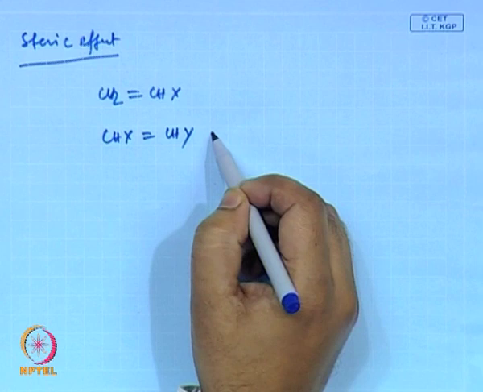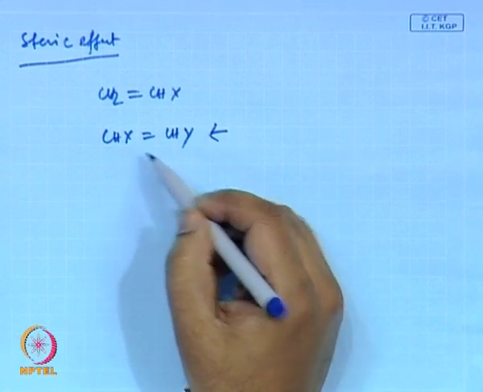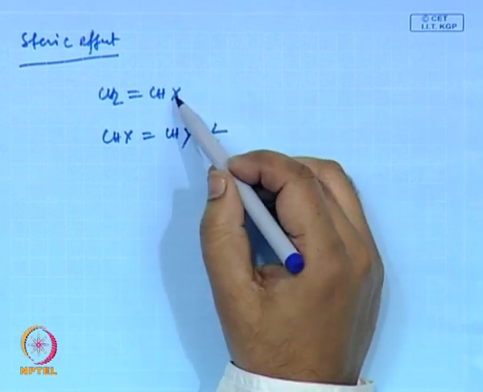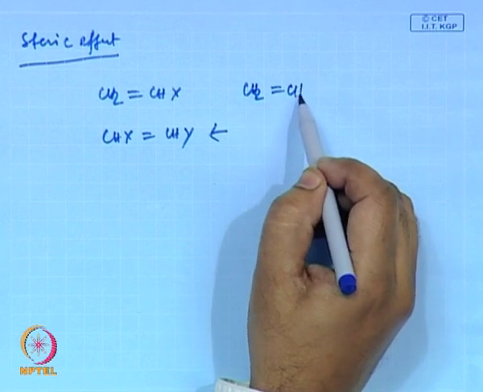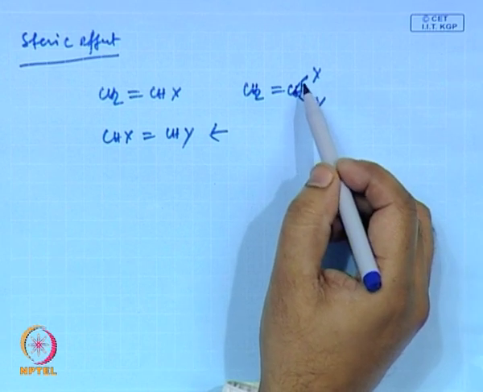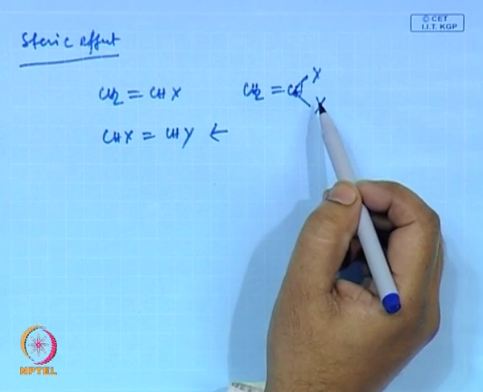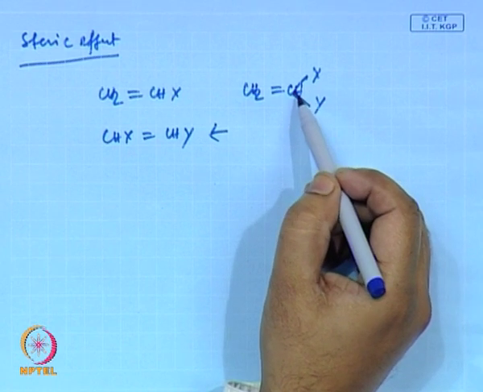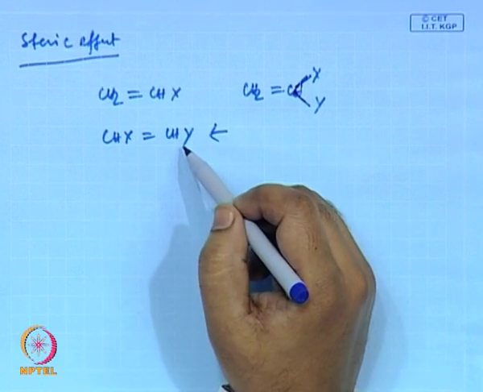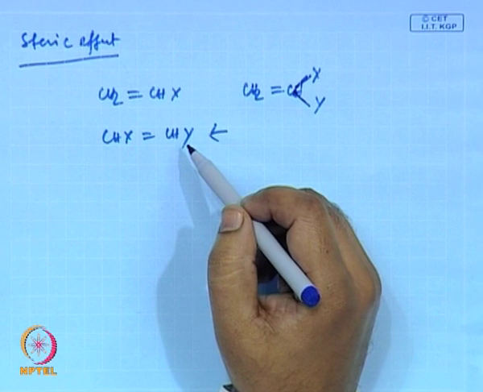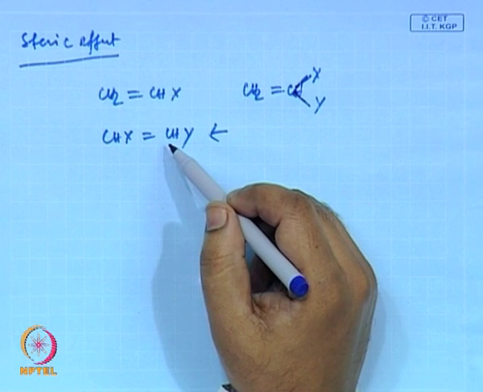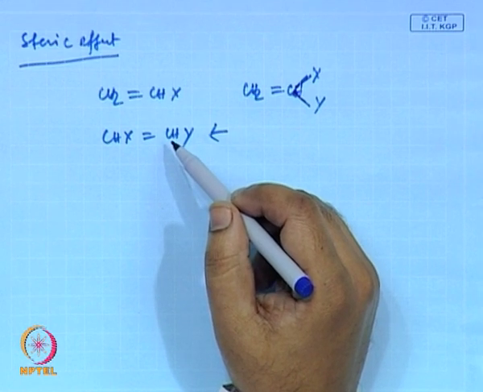compared to these two, this one basically has very low reactivity because they are 1,2 substituents. If you compare this with X and Y, then the steric effect does not play much role, and the resonance stabilization is actually additive when they are present on the same carbon atom, whereas when they are 1,2 substituents, the steric effect actually has a very detrimental effect. So, reactivity comes down very much.